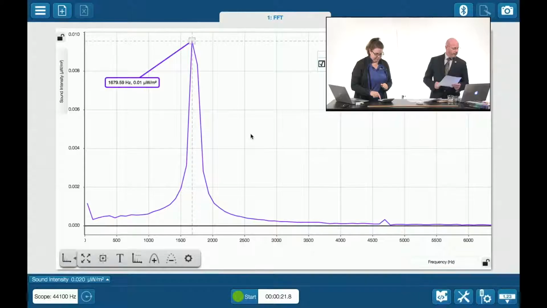All I need is a calculator and somebody that knows how to use it, which would be Heidi. Excellent. Okay, well, the speed of sound in this room is 343.2 meters per second. And the frequency that I just got on SparkView is 1679.59. So I divided that and it equals 0.20 meters. Right, 0.20 meters. That's the actual length of that wave.